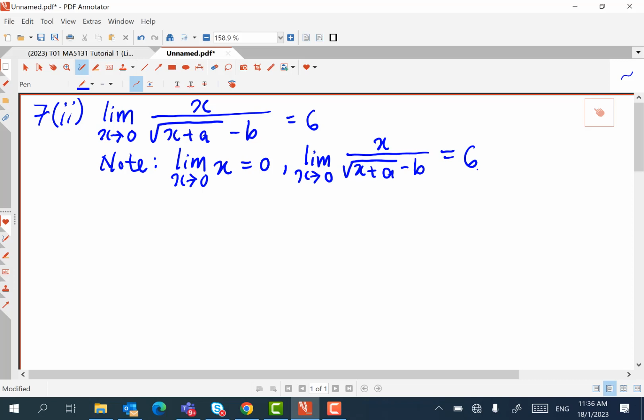that suggests to you that the limit of the denominator, yeah, has to be 0, no? Which implies that